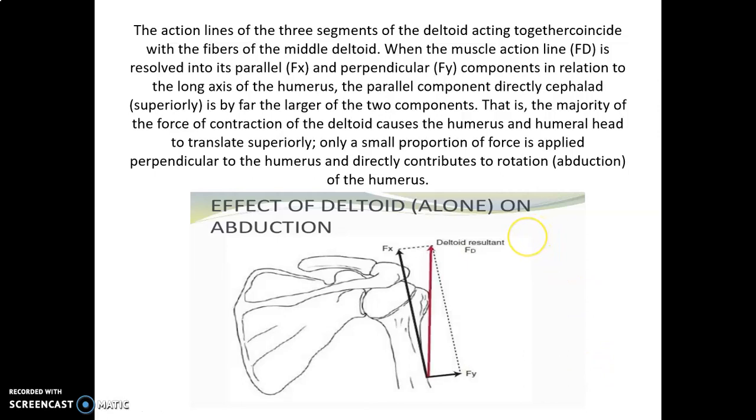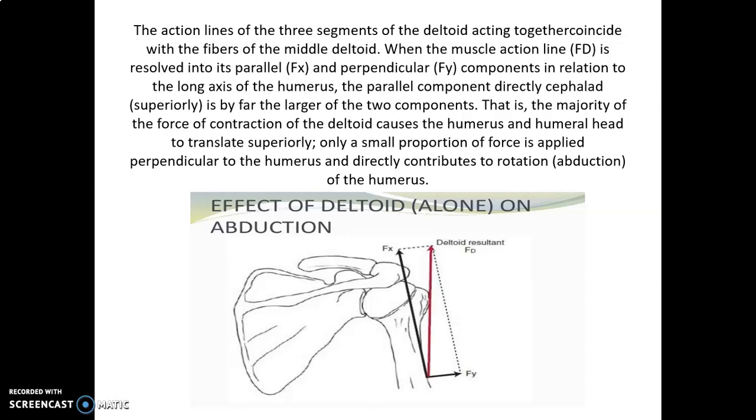Good morning, dear students. This is the third part of the glenohumeral motions, part of the shoulder joint. We are discussing the kinematic and kinetic aspects of the glenohumeral motions, and we have already discussed the static stabilization of the shoulder joint, and we have just started the dynamic stabilization of the shoulder joint. So, continuing from the last class, that is the second part.